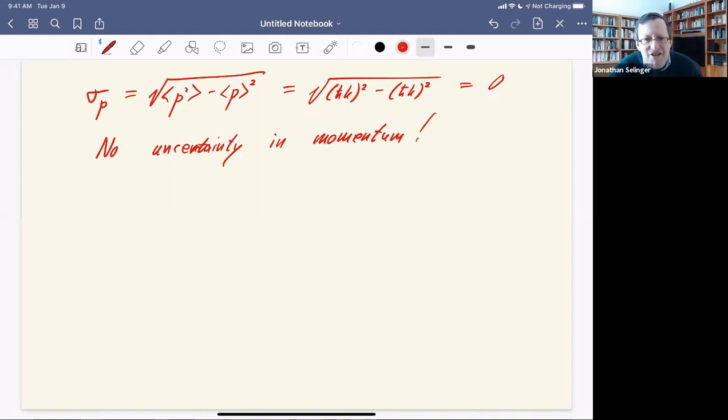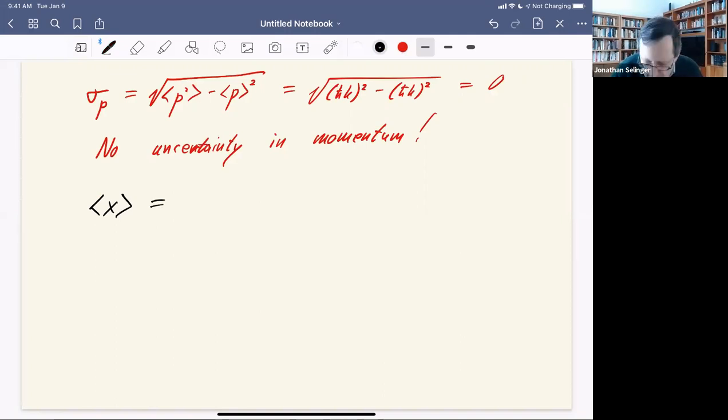How can this be consistent with the uncertainty principle? Okay, so let's do the corresponding expectation values for position. Okay, so the expectation value of x,